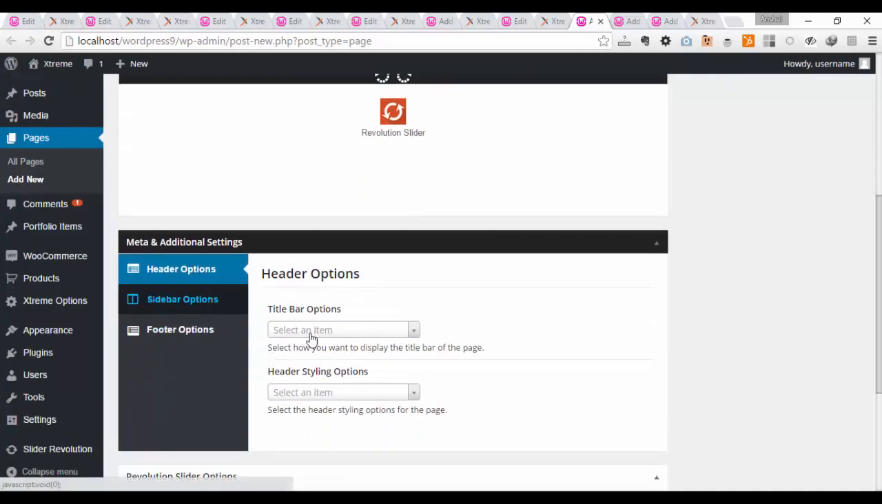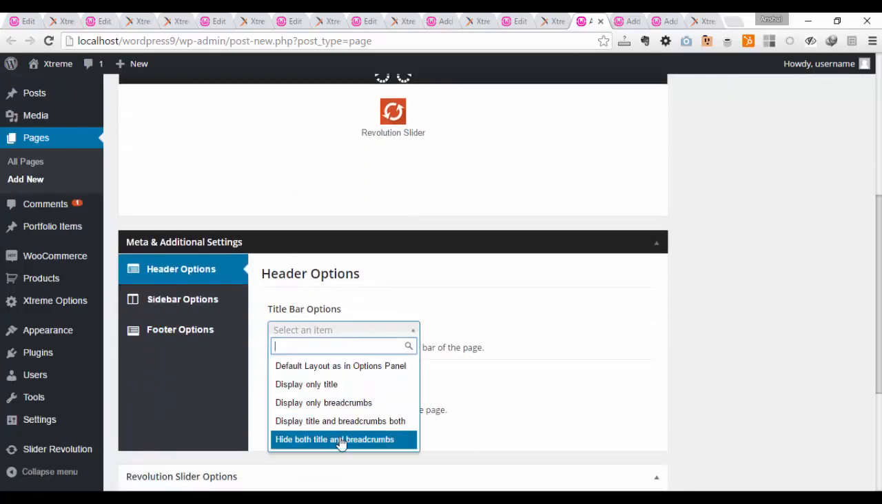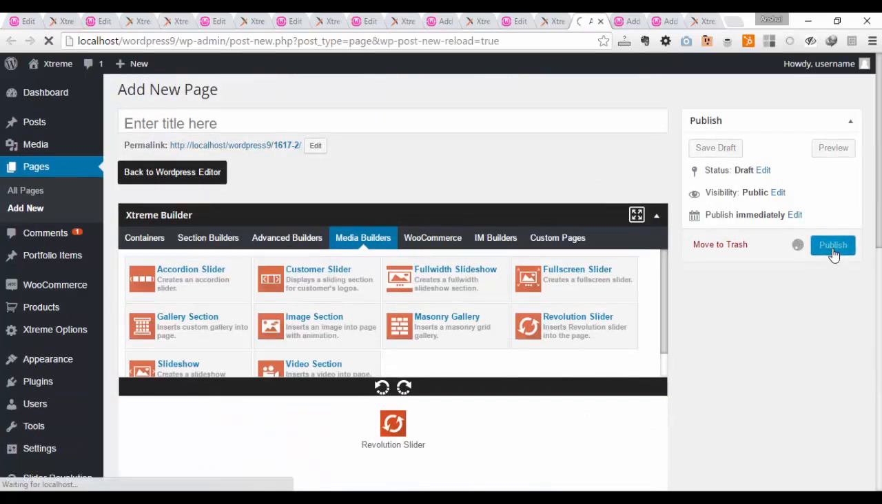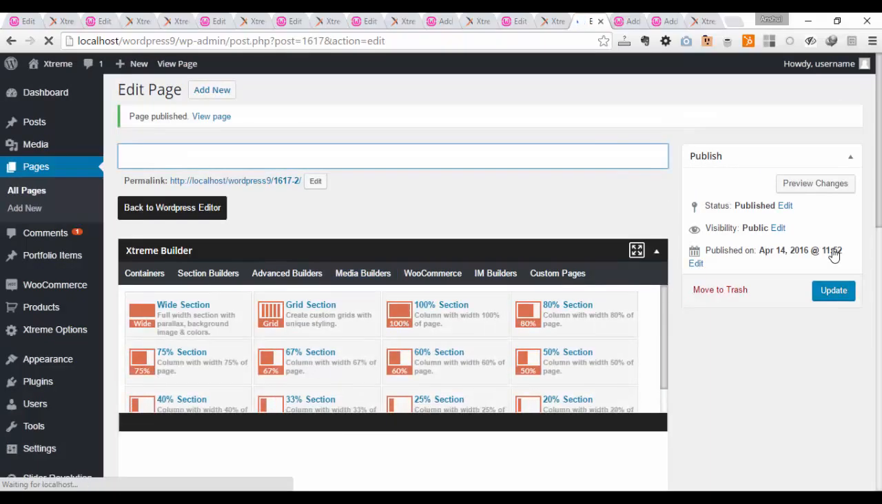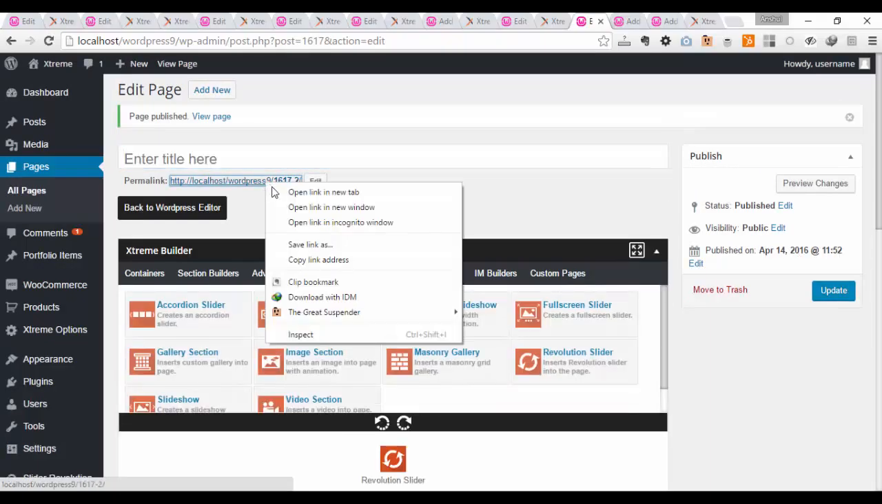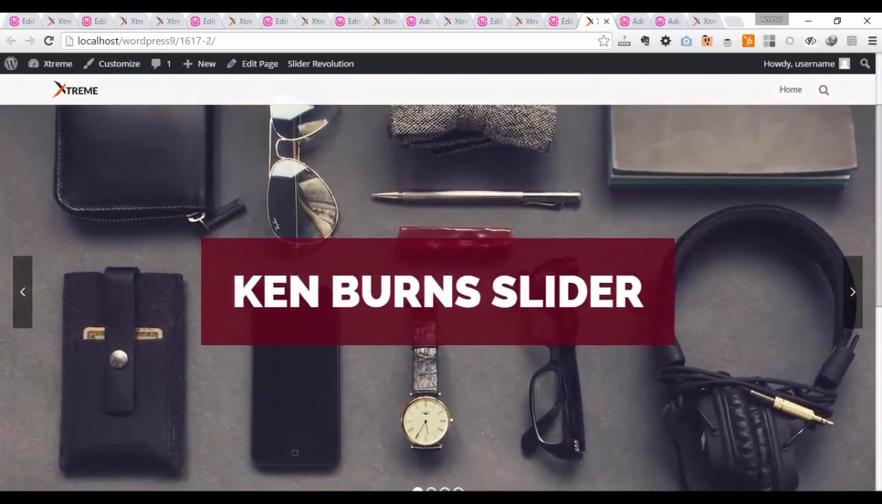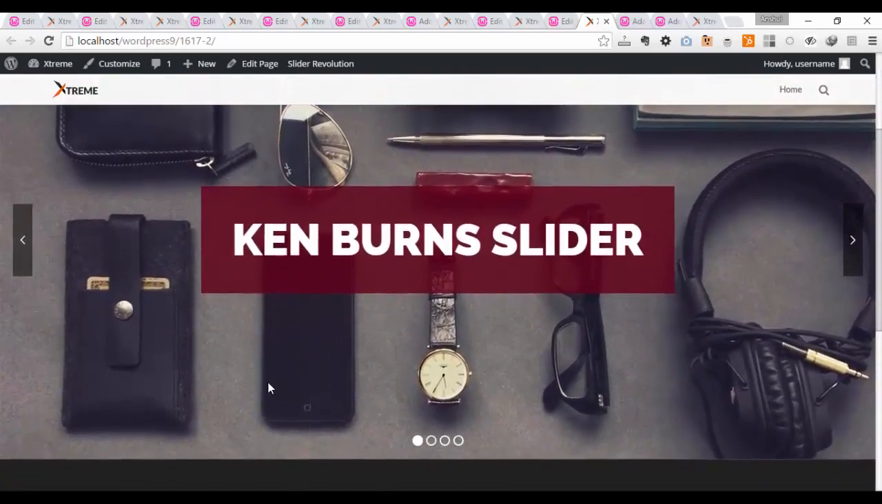Let me just also deactivate the breadcrumb and title bar and publish this page. Alright, so the page has been published. Let's just open this link in a new tab and see how the revolution slider gets applied to this page. So yeah, there we go. So we have this slider over here, and